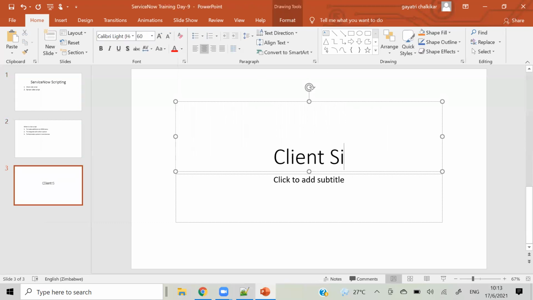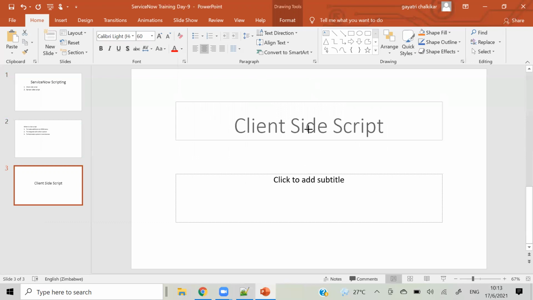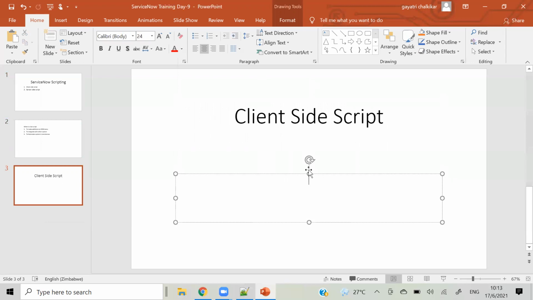Client side script. In client side script we have one thing called client script. Just don't forget this. These questions are for freshers, like how many types of script are there in ServiceNow?